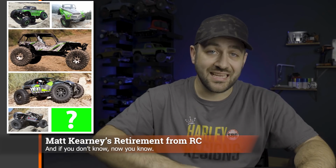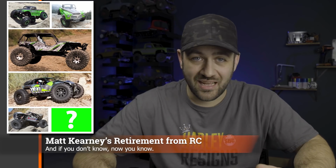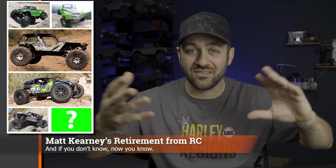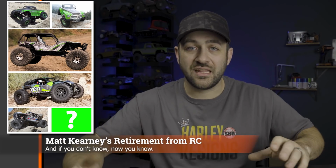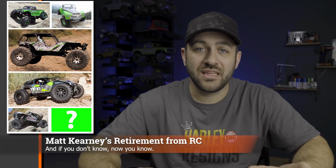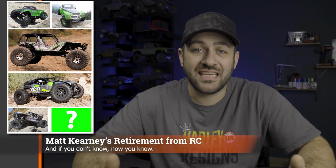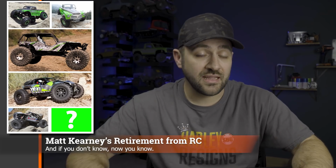Following the release of the SCX10 was the Axial Wraith. Groundbreaking platform in a lot of ways, offering a scale style cage and a full depth interior with seats and a whole new style of axle, a one piece with a diff cover, just an axle that we still see on production cars today. After the design of the Wraith, Matt designed the Yeti XL,